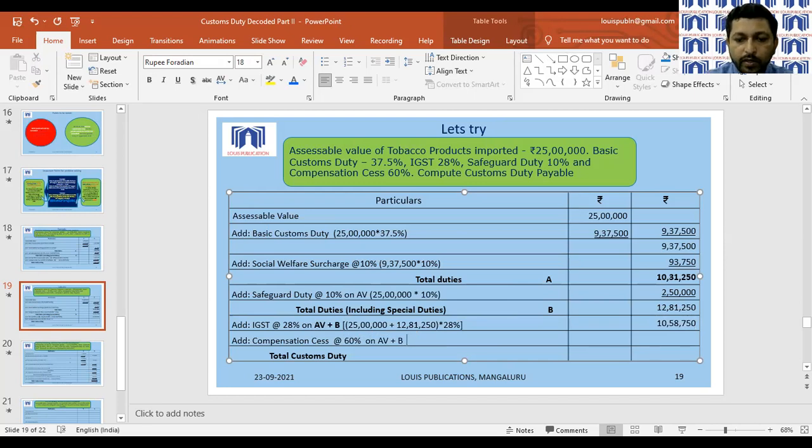So we will take it over here. It will be 25 lakh, which is the assessable value, plus B value is 12 lakh 81,250 into 60%. That is the compensation cess value. So 25 lakh plus 12 lakh 81,250 is 37 lakh 81,250 into 60%. That will be 22 lakh